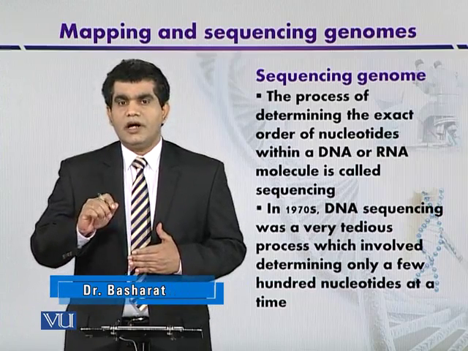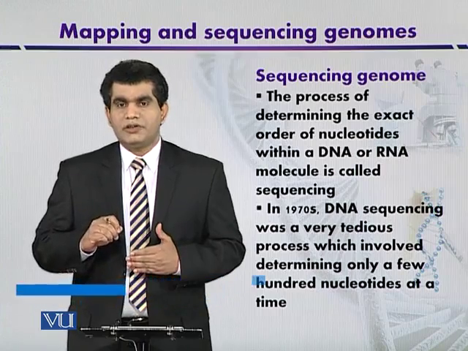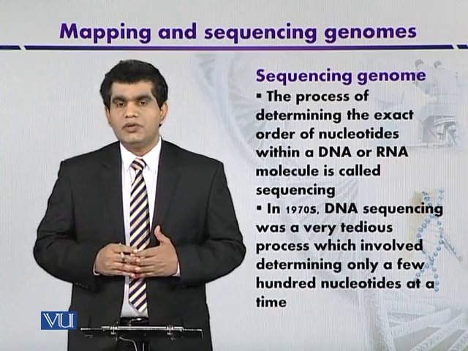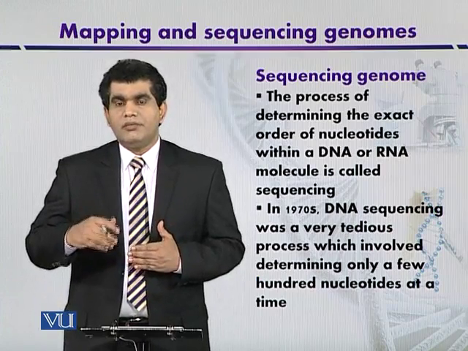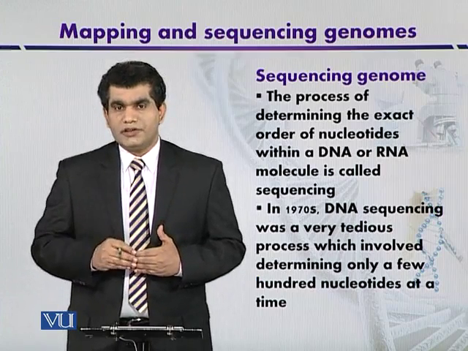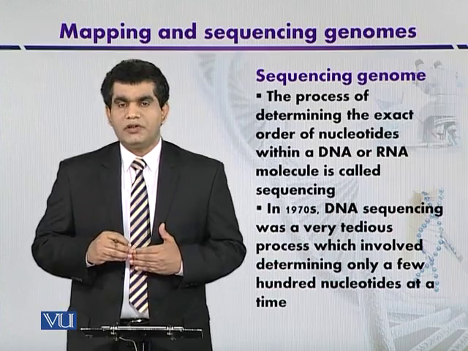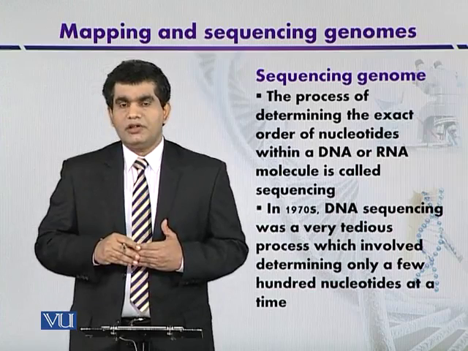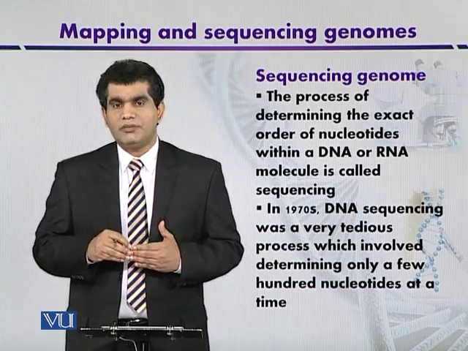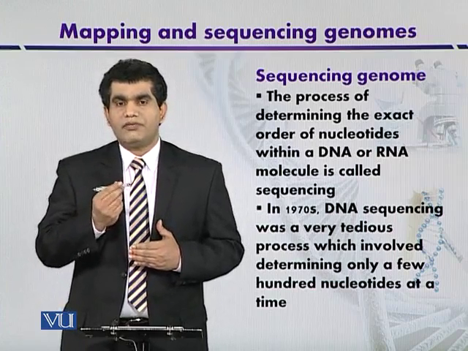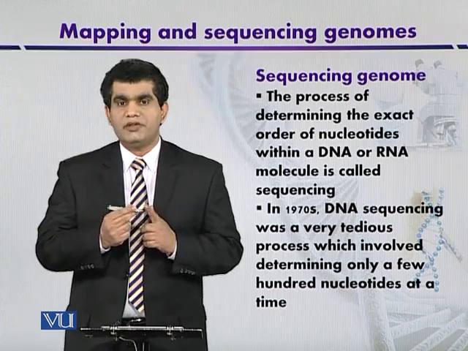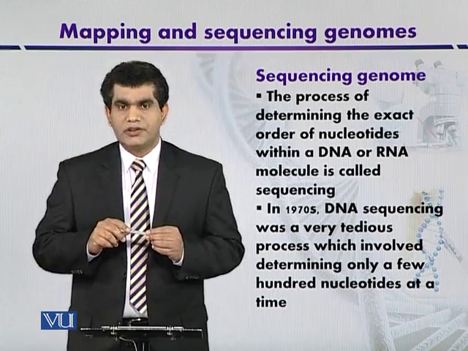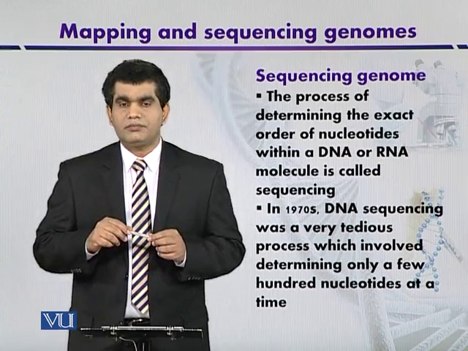And here the end-labeled DNA fragments are used, and the fragments were labeled with P32, and then different chemical reagents that are base specific were used to cause the chain termination. For example, suppose we have a DNA fragment that is end labeled with P32, and we want to extend this during the process of amplification.